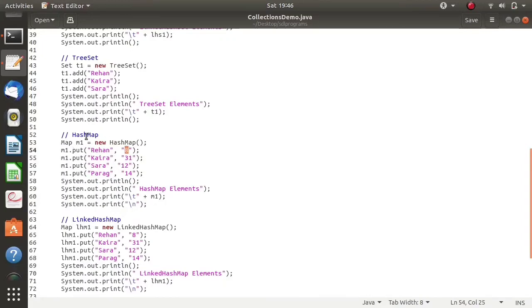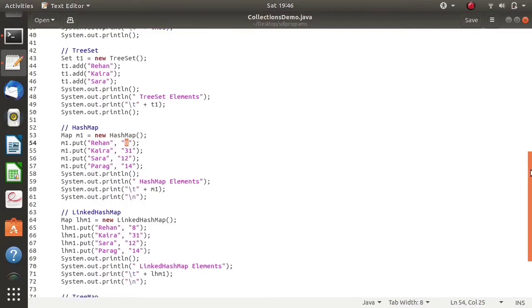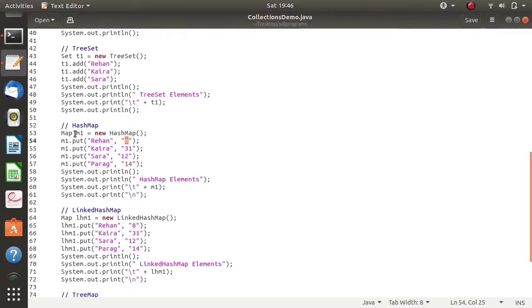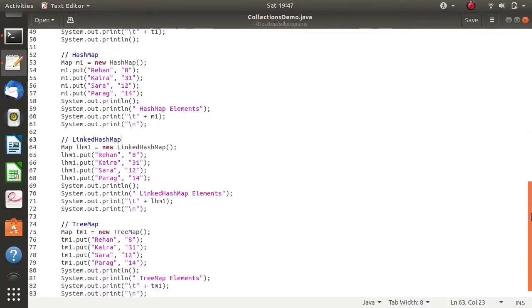So again there are hash map. So map is an interface and it is implemented by hash map class. Again map interface and linked hash map is a class. It is implemented by linked hash map class. Same thing for tree map. Map is an interface and tree map is a class.